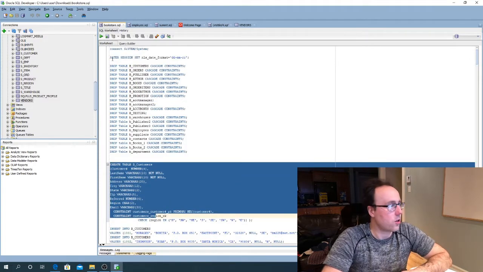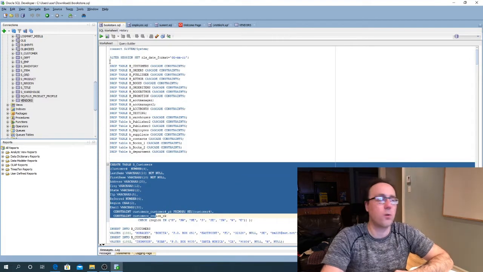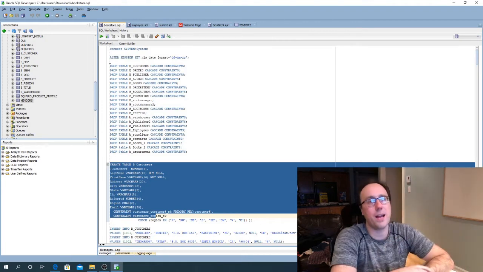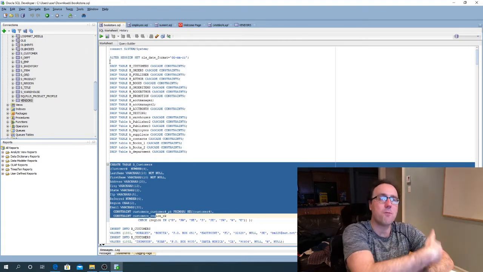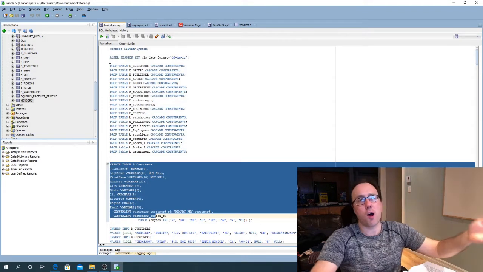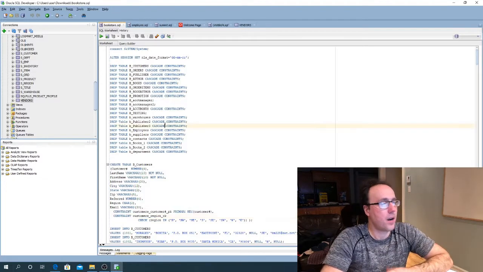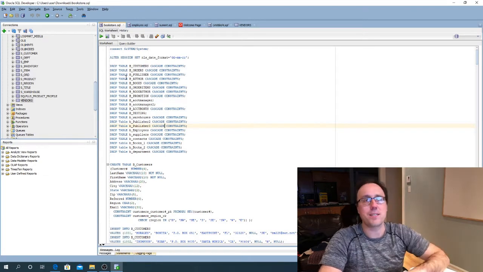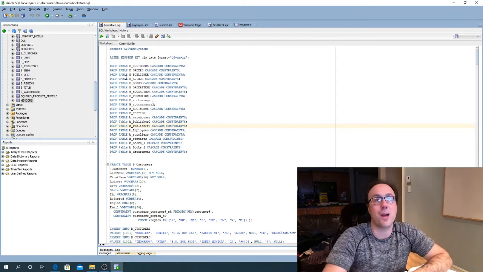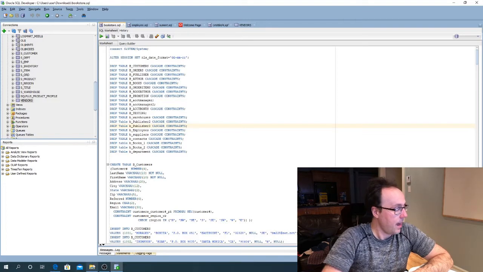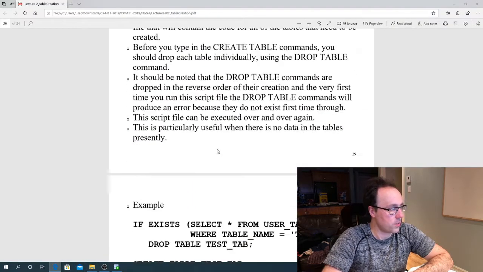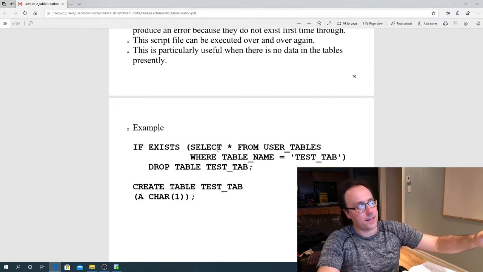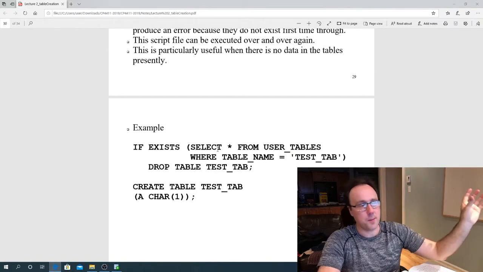Now one thing that occurred the first time I ran this, I would have got a bunch of errors because there weren't actually any tables there. If I run this now, of course the drop table is going to work because those tables exist. So there are actually ways you can fix this up so the first time you run it, it won't actually delete anything. And that's what the slide here shows, is that you can, instead of just using the command,